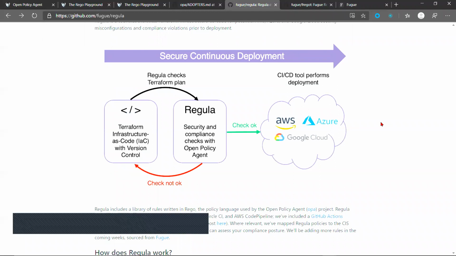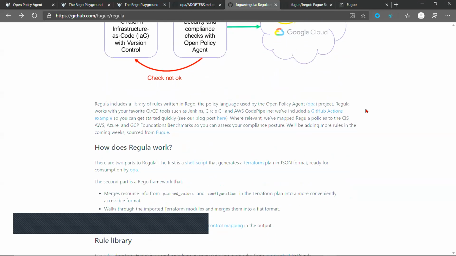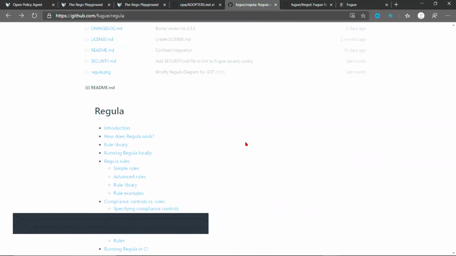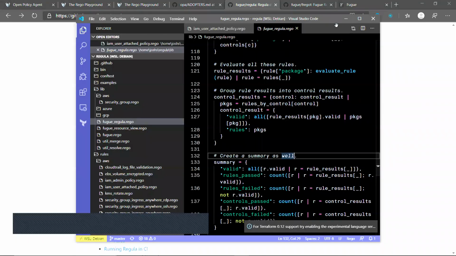So if you're using Terraform with AWS, Azure, or Google Cloud, we have a bunch of stuff out there to help you with validating whether the things you're doing are secure and safe or not. We have created a GitHub action for this, so you actually don't even have to run anything if you want to try it out. I'm going to jump over to my code editor here to show you a little bit